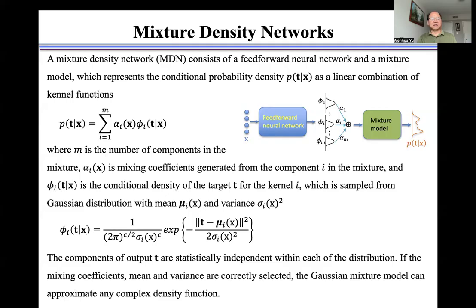And phi I is the conditional density of the target T for the kernel I, which is sampled from a Gaussian distribution with a mean mu I and variance sigma I as shown here. The components of output T are statistically independent with each of the distribution. If the mixing coefficients, mean and the variance are correctly selected, the Gaussian mixture model can approximate any complex density